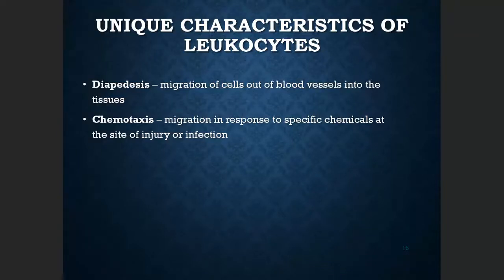Now the leukocyte, which is the white blood cell, so this is another name for white blood cell: leukocyte. Some white blood cells have a unique characteristic. For example, they're able to move from blood circulation into the damaged tissue. So remember, they are carried by the blood, but they're able to move out from the blood vessel. This is what we call diapedesis. So the action is called diapedesis.